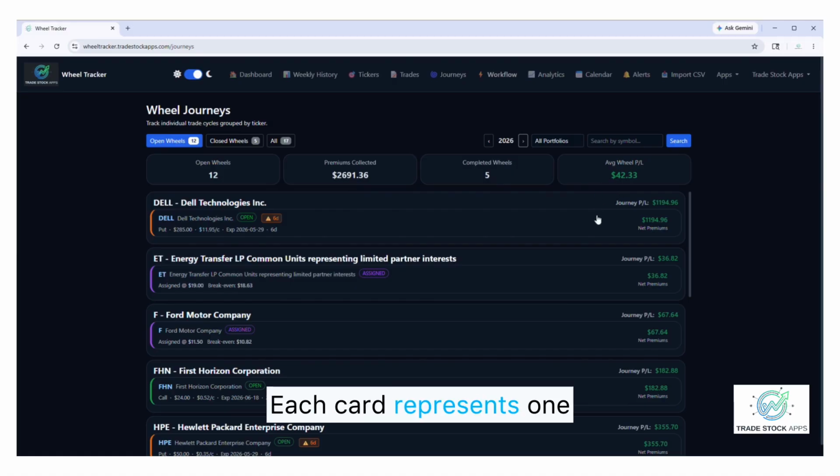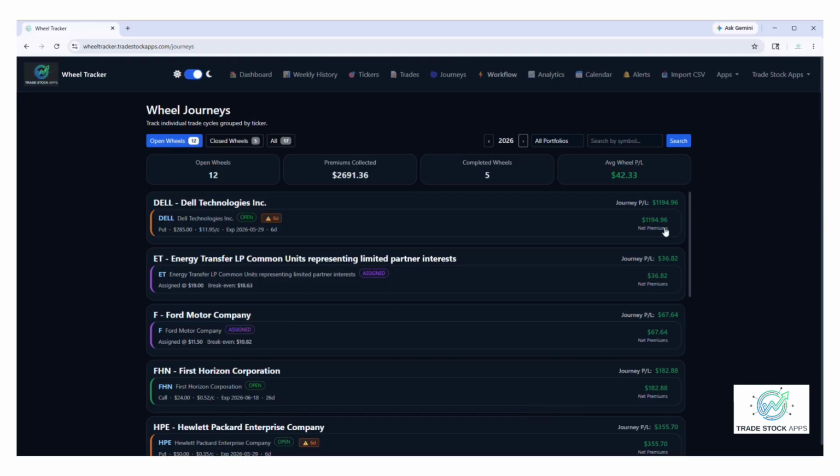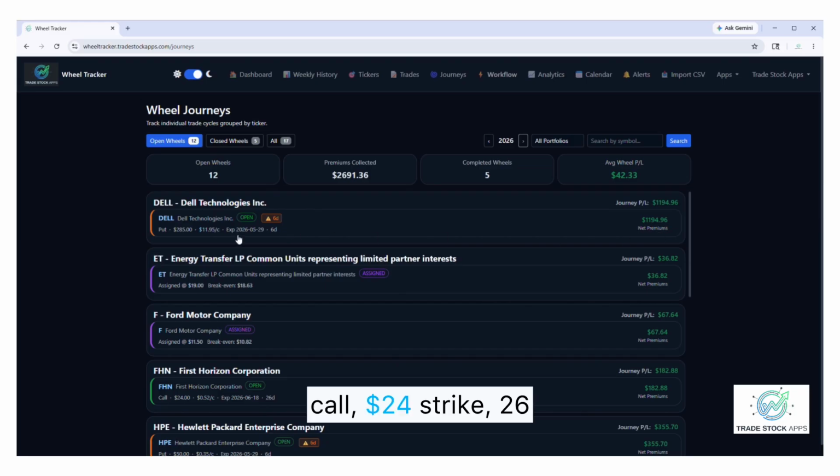Each card represents one stock and everything you've done with it. Look at Dell. That's the put we just looked at. $1,194.96 in net premiums collected on that one stock, currently open with a 6-day warning. FHN, a covered call, $24 strike, 26 days out, $182.88 in premiums collected. ET and Ford, both assigned, both showing their break even right there, so you always know